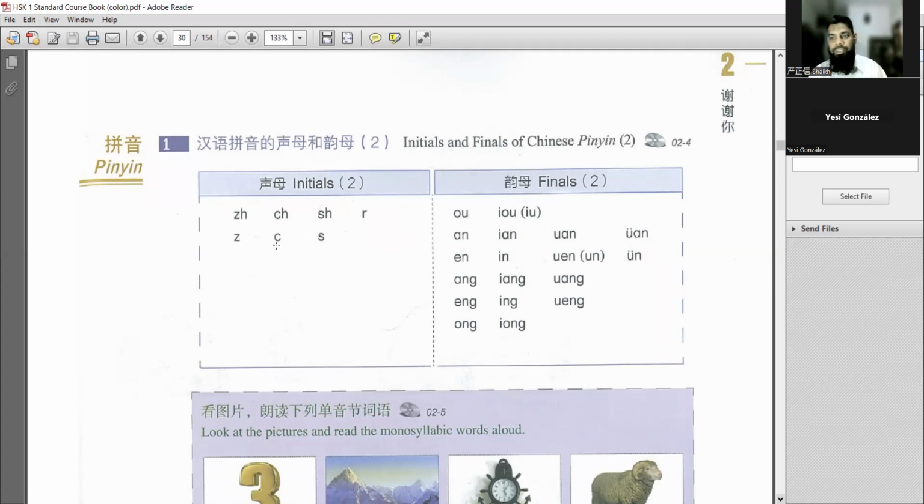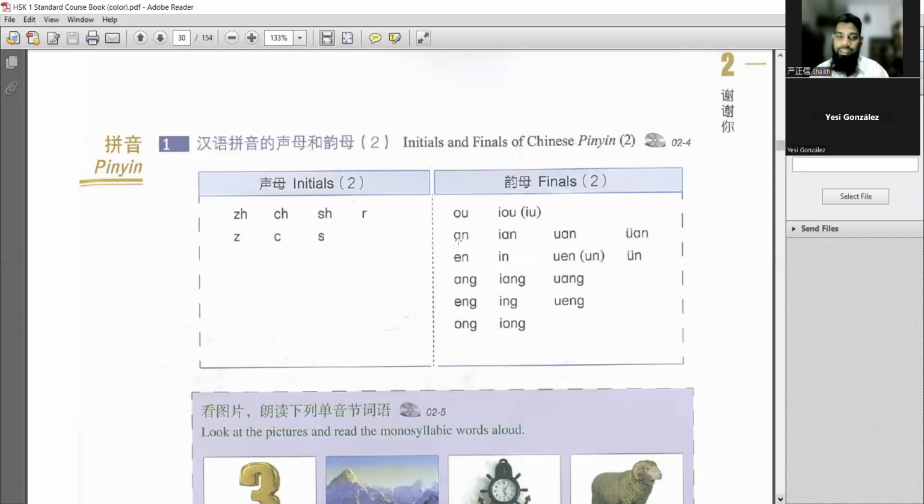You need to touch your teeth with your tongue to pronounce this s, s, s. And then we have s, s. This is not an s in Chinese. This is s, s. And then we are going to learn some of the finals which are o, o, yo, yo,